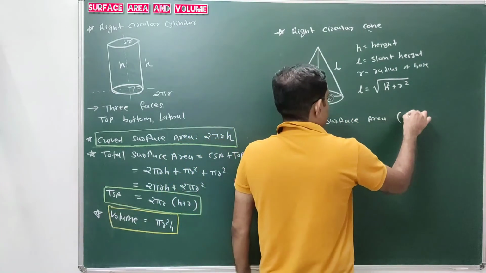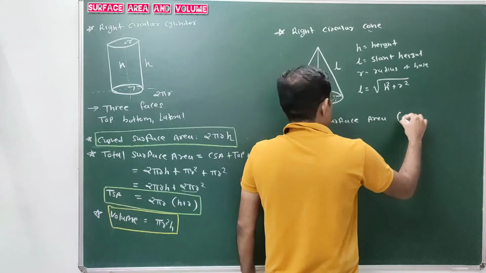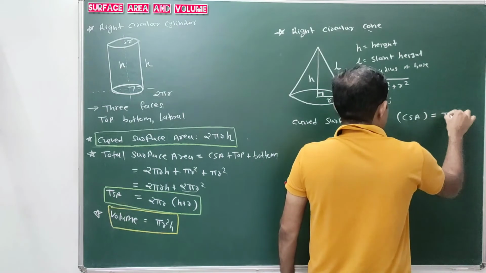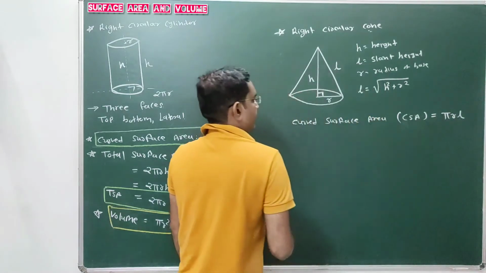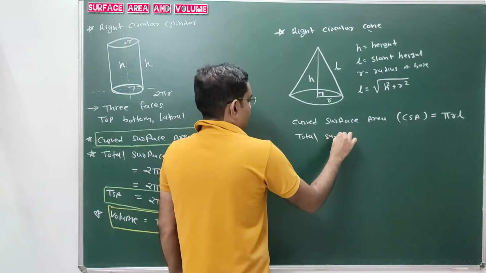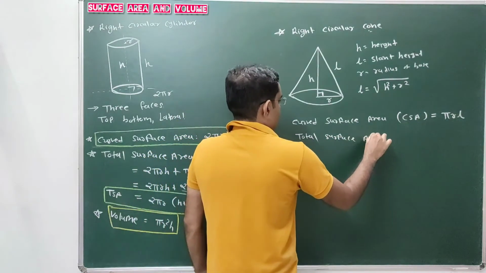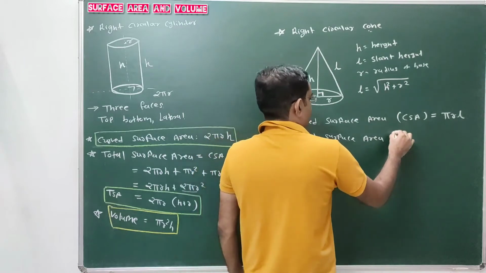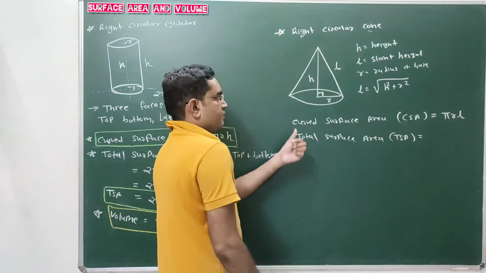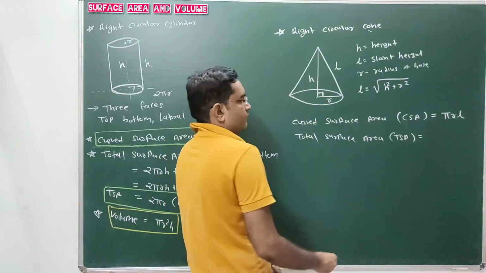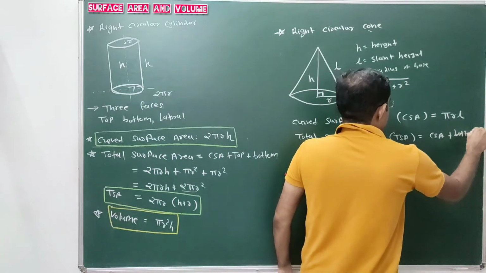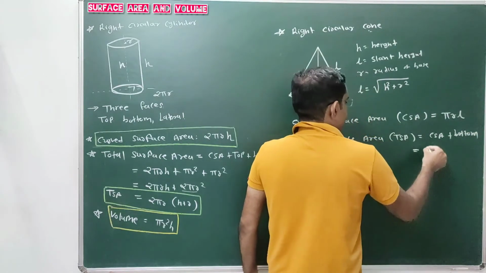Curved surface area, CSA. Curved surface area of this right circular cone is given by pi r L. And total surface area of right circular cone, which is TSA, is given as curved surface area plus bottom. Curved surface area is pi r L